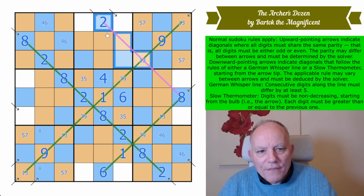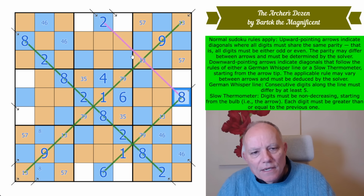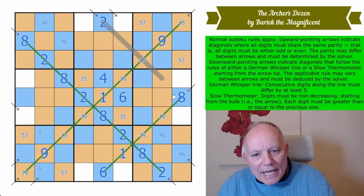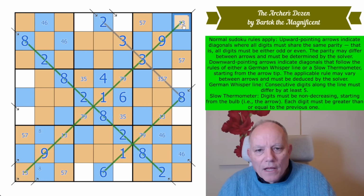And this line is not a whisper now, because it's got a low digit at one end and then a high digit at the other, and this can be low, but that can't be. They're on alternation. So this here, we have found our slow thermo. So I'll make that grey thermo colour. And I know that this digit is a 3, because it's got to be bigger than the 2. This is also a 3. This one could be blooming anything, 3, 5 or 7. This digit is now a 1 because of that 3,